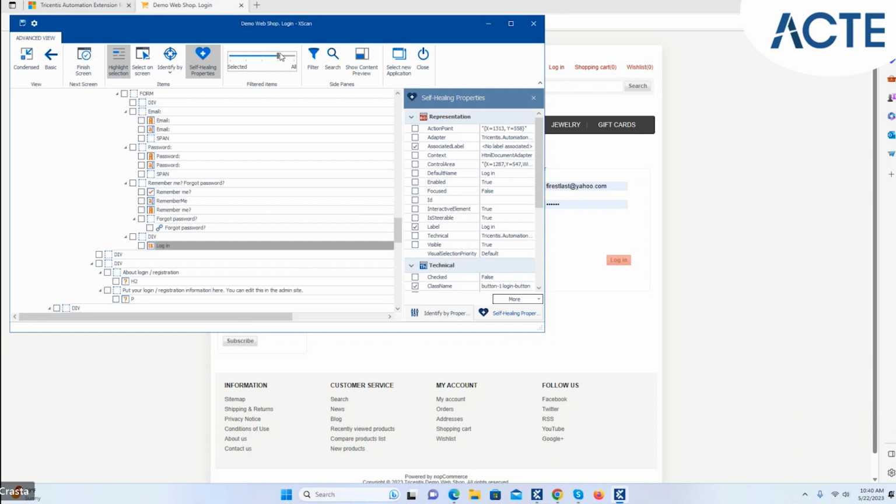In advanced view, you can see all the controls are visible. Normally in an application, there will be visible controls and hidden controls also. So if you are increasing the level of the filter item, the hidden controls also will be present in this advanced view. If you are minimizing the level of the filter item to very low, you can see